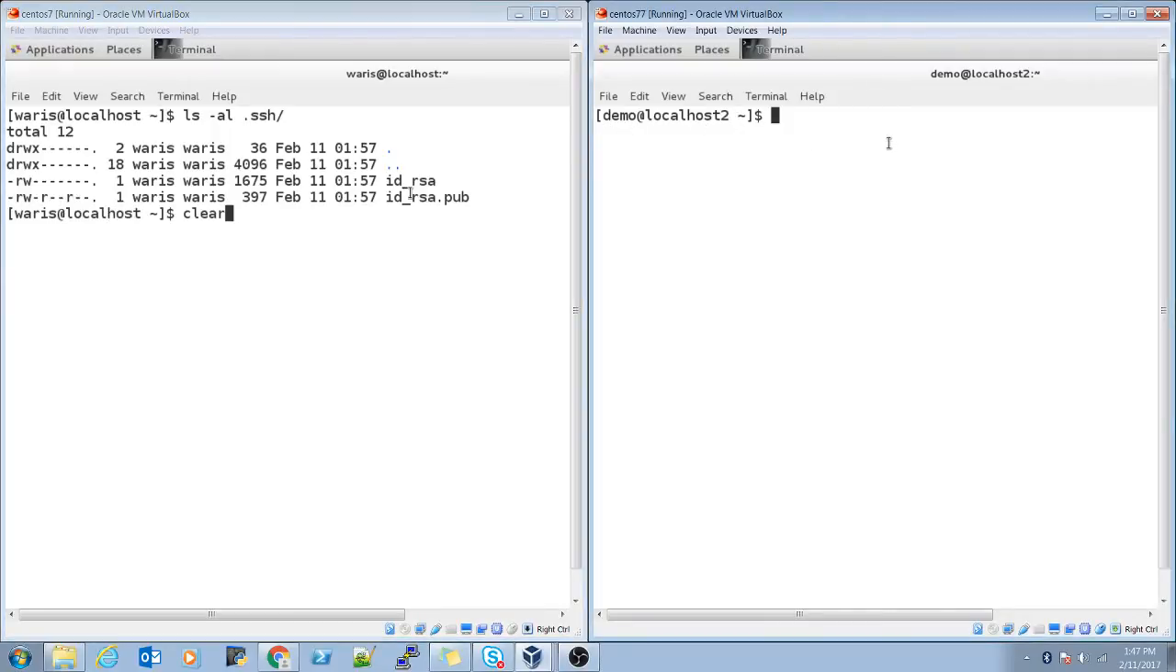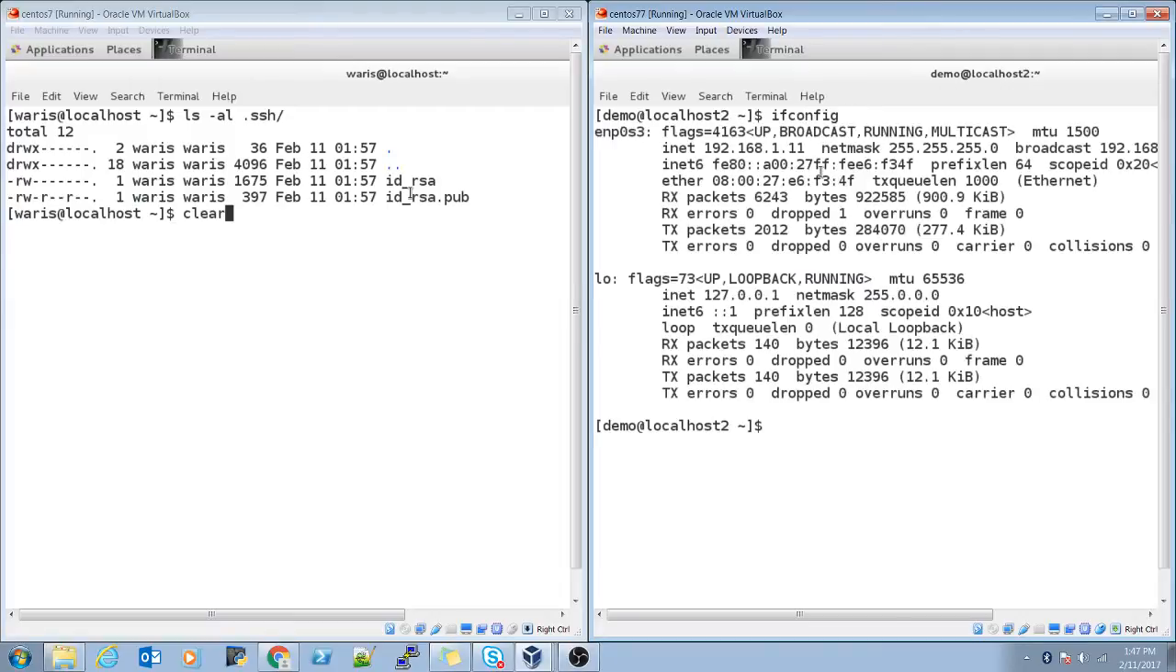So we need to find out what demo@localhost2's IP address is by issuing the command ifconfig. Alright, the IP address is this right here. Okay, we need to go back to the first server where we generated the key, and we need to issue the command